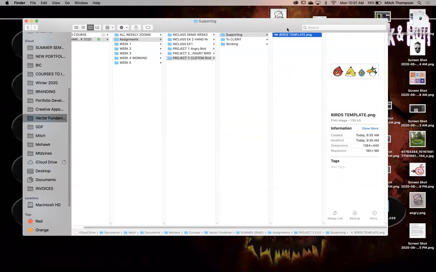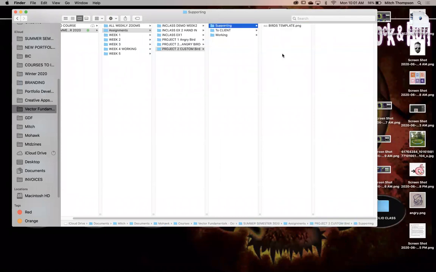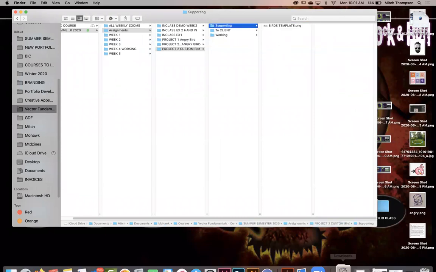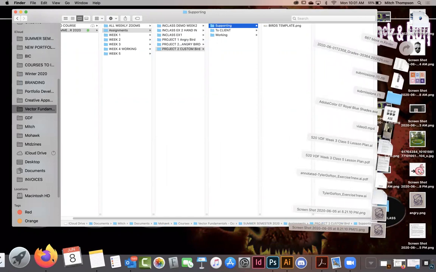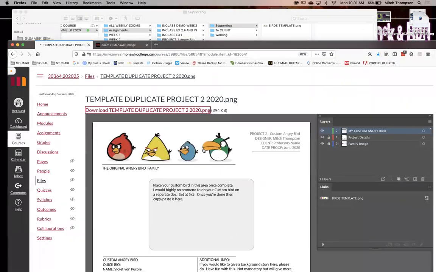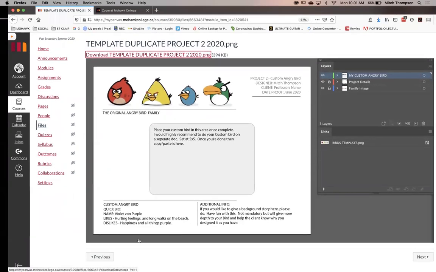So our supporting, we've got that, okay? And really that's all we need for our supporting. You, of course, can put the instructions in here if you want. You can put the template also in here if you'd like to have it all organized and there for you. For now, I'm just working off online, but it's nice to have everything in one spot, especially if your internet goes down. So good practice, because nobody likes that. Maybe we'll do that. I'm going to save the template. I'm also going to go in, save the instructions. This is just good practice, right?